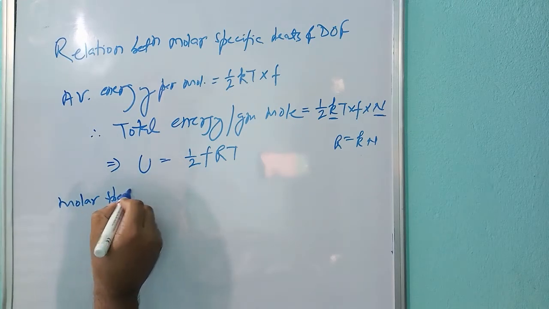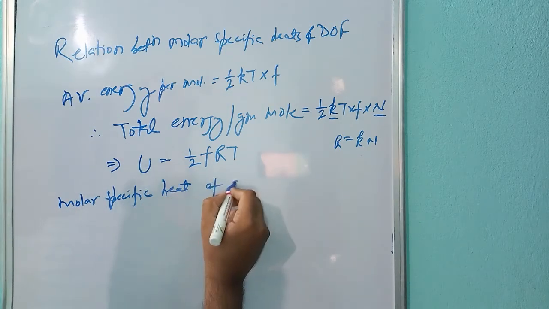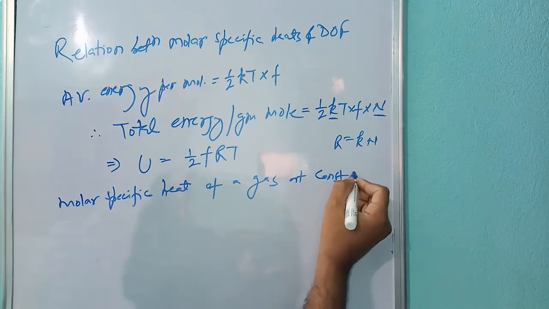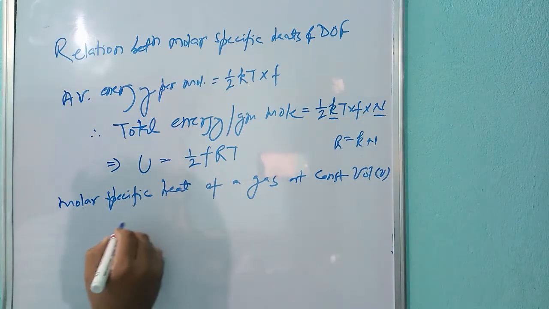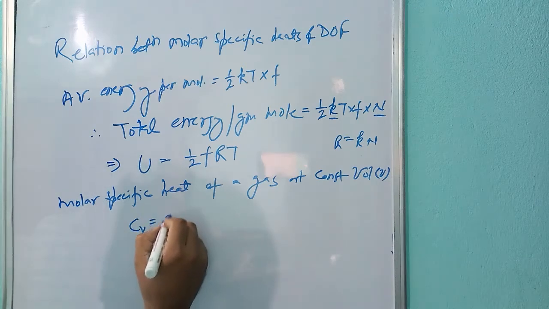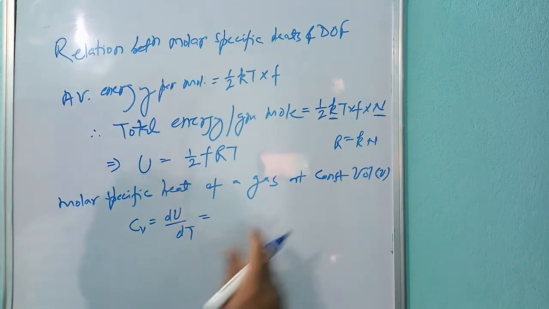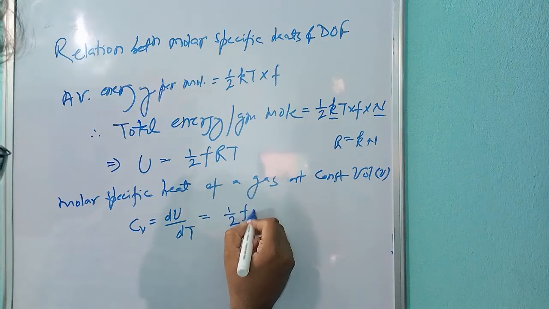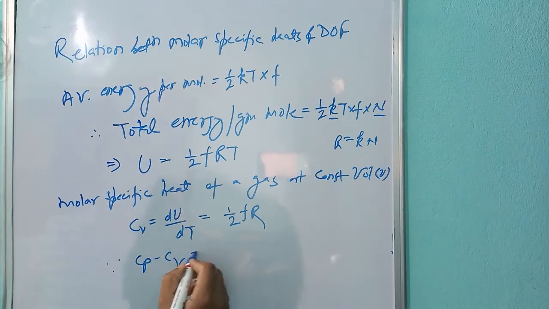Molar specific heat of a gas at constant volume V, by definition, Cv will be equal to dU/dT. Now you are going to differentiate this with respect to T, then it will be equal to 1/2 fR. Since we know from Mayer's formula that Cp minus Cv is equal to